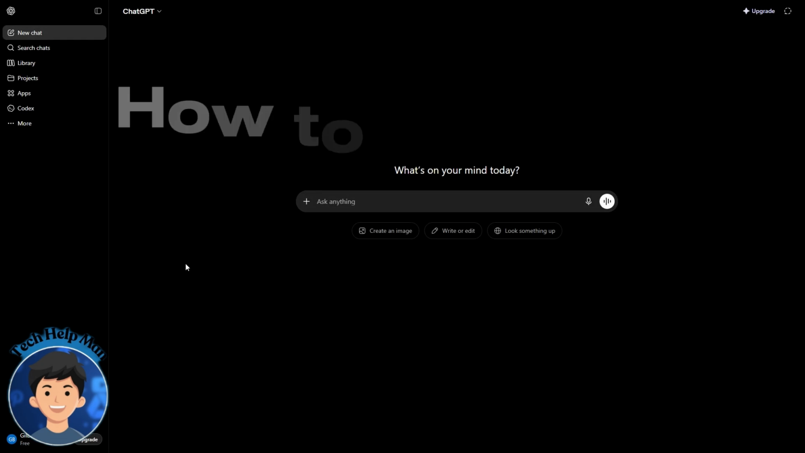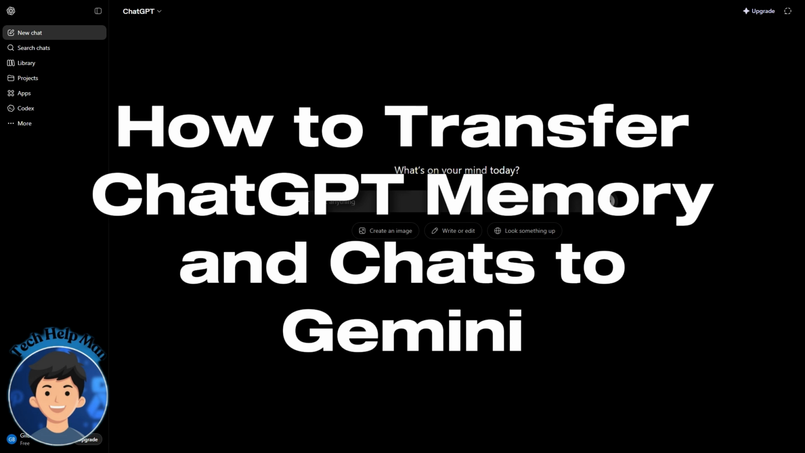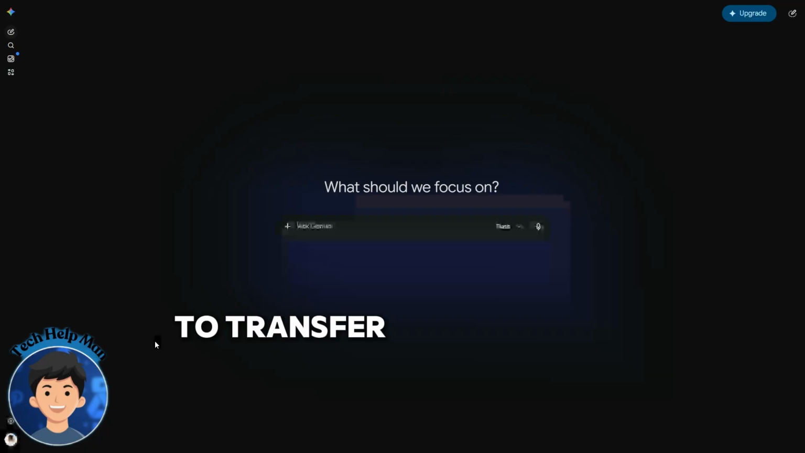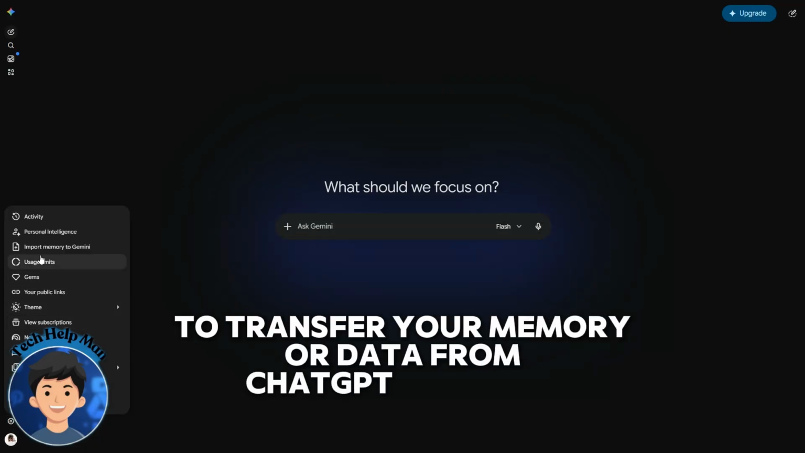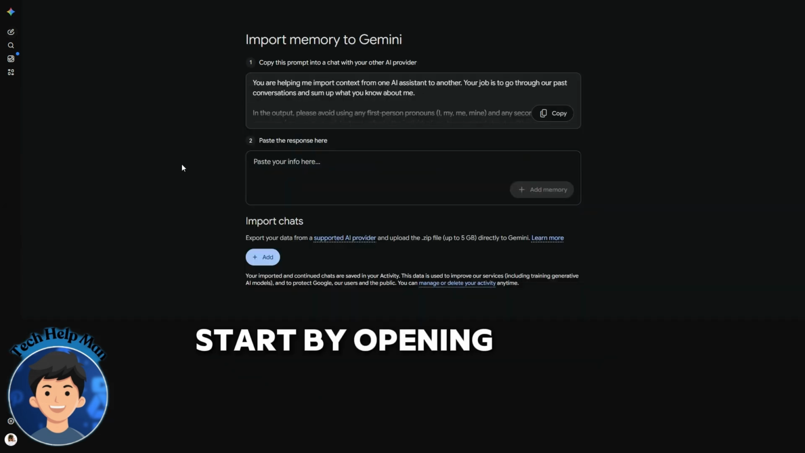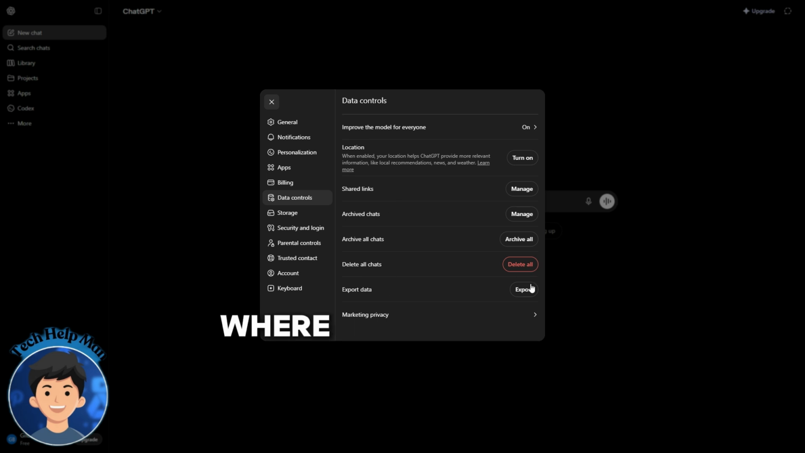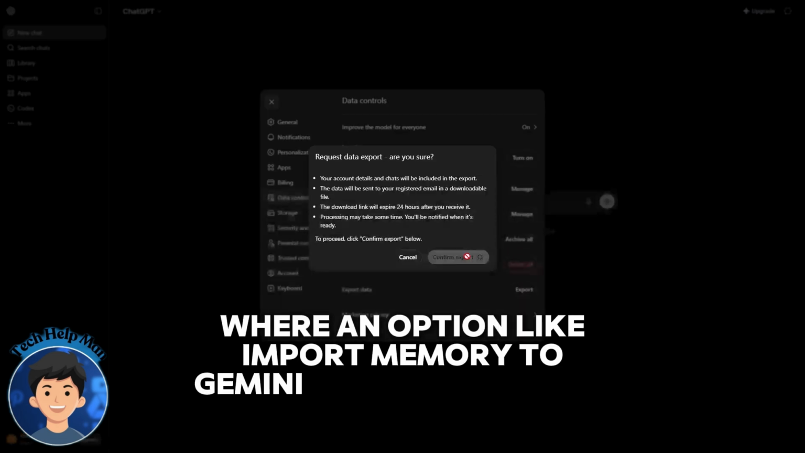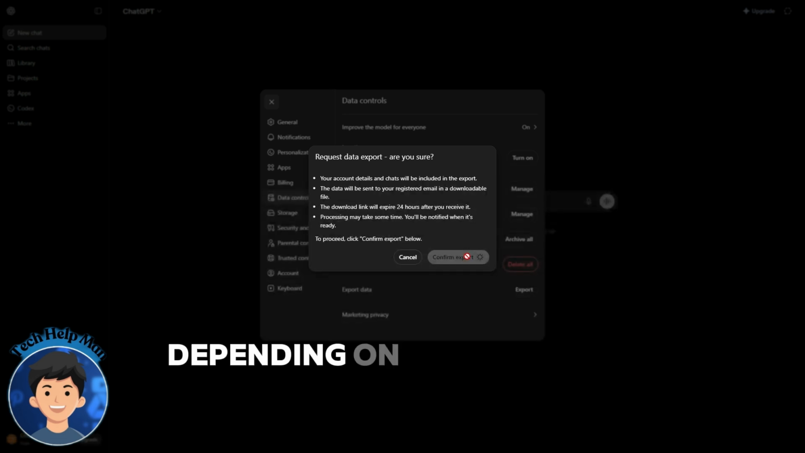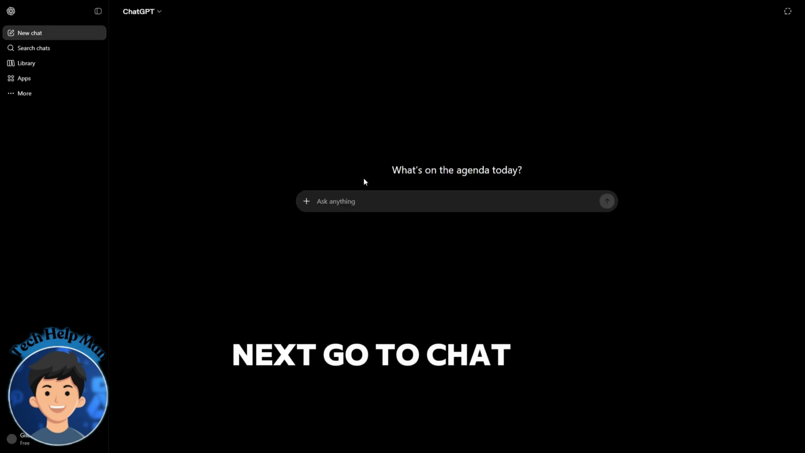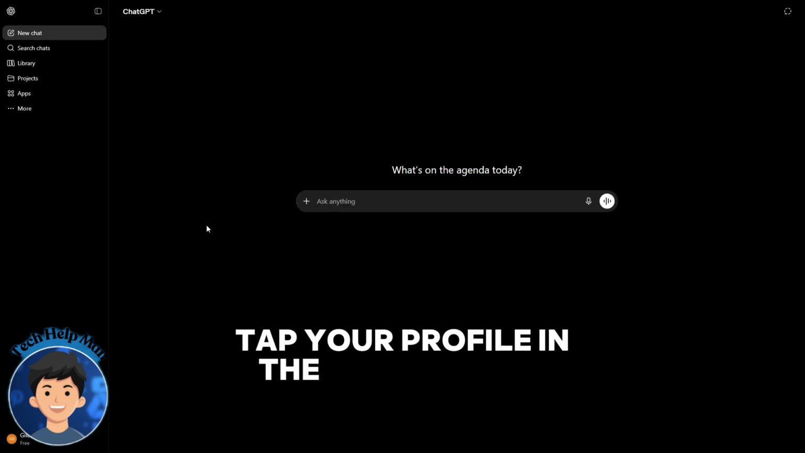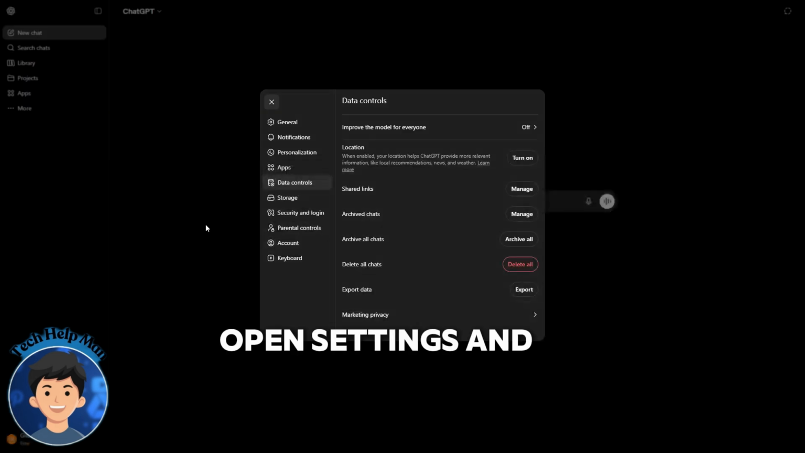Today, let me show you how to transfer ChatGPT memory and chats to Gemini. To transfer your memory or data from ChatGPT to Gemini, start by opening Gemini and going to Settings. Then look for a Help or Data section where an option like Import Memory to Gemini may be available, depending on your version. Next, go to ChatGPT, tap your profile in the bottom left, open Settings, then go to Data